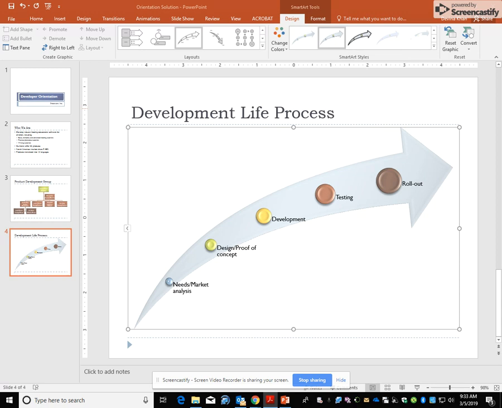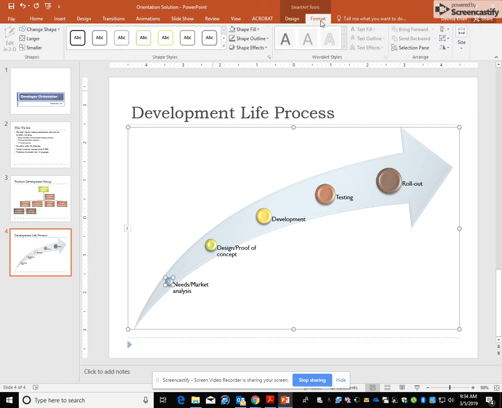page 136. We are now going to be working with changing the shape size. So we're going to go to slide 4. And then click on the Needs and Market Analysis circle. Okay. Click from the SmartArt Tools Format tab. Now we're going to go to the Format tab. And then in the Shapes group, here, click Larger once. So it made our little